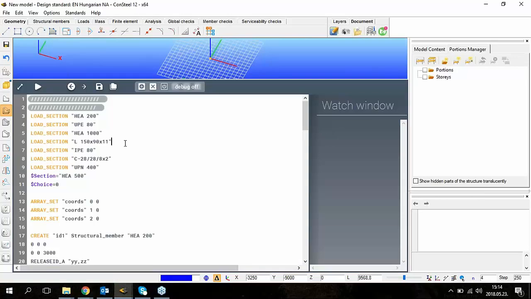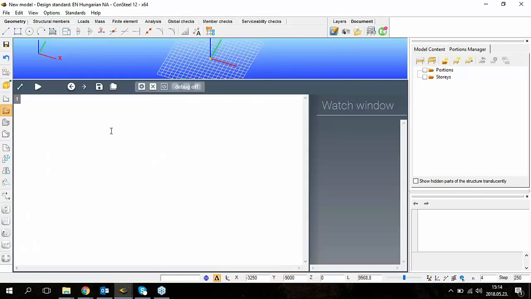Okay, so to be able to find your mistakes in the code, we have implemented an automatic code check for the editor. That means that if you type something in the editor, and if it's not a valid command or not a valid script, ConSteel will throw you a red error message that this is an unknown command. For example, I didn't finish the variable definition. And also this code check is performed on every command, and it tries to tell you